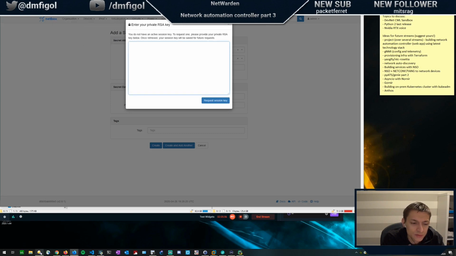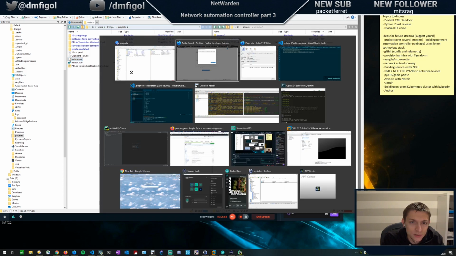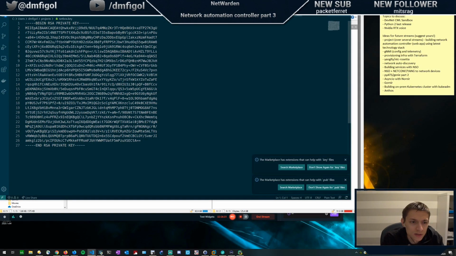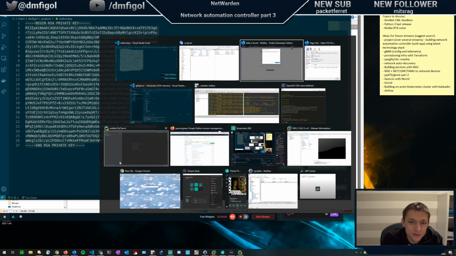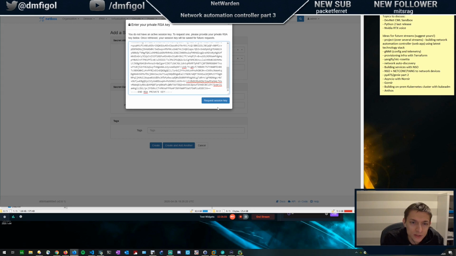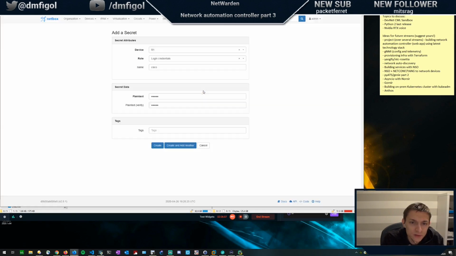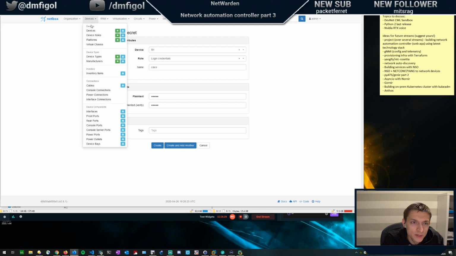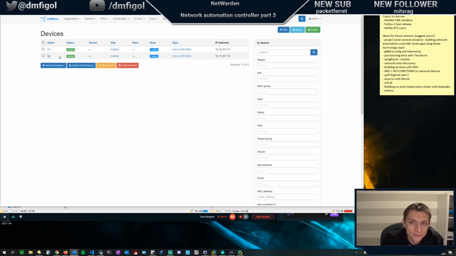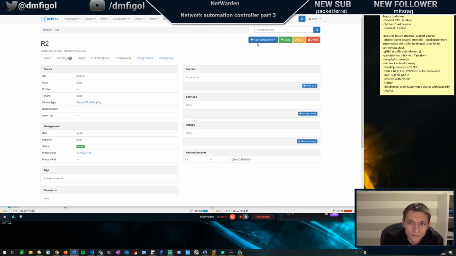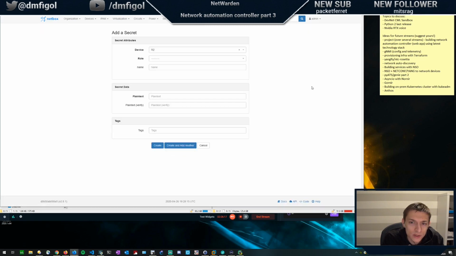Okay, so I need to open my RSA key, which ideally you should not flash on your screen, but in this particular case I don't mind. Because this key is not used anywhere else, well, except of this development